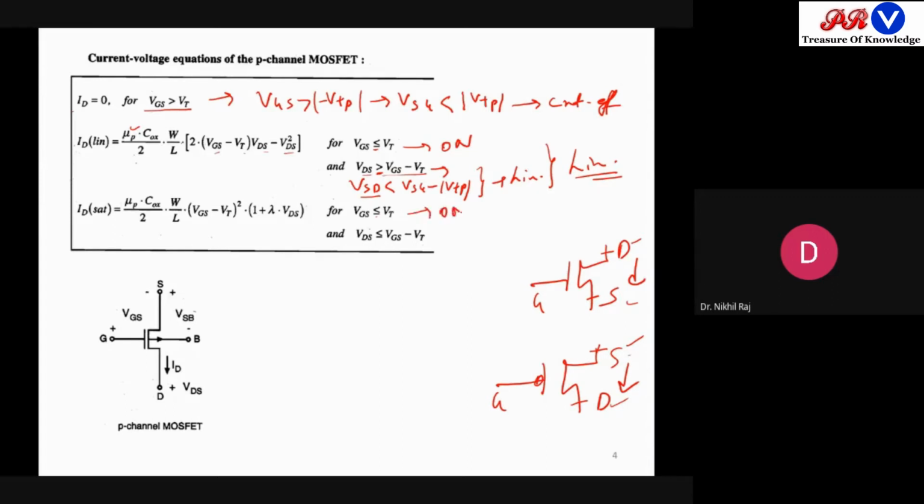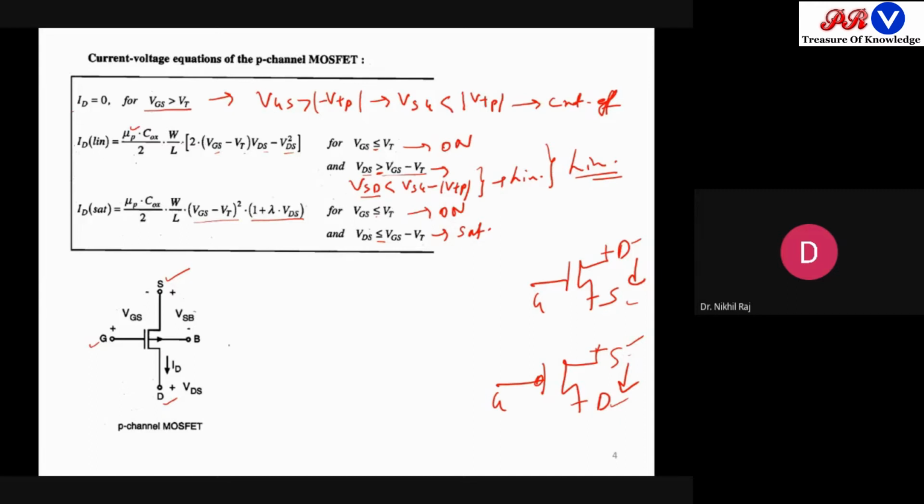Similarly, in this case it is an on condition, and this will show you the saturation condition. Fine. So everywhere the sign is replaced, the inversion is there. Earlier it was greater, now it is smaller. According to that, the equation will be half mu p Cox W by L (VGS minus VTH) squared, and this lambda VDS will come whenever there is a lambda factor. And as I said, the drain is nothing but your source, and the source is nothing but your drain, and the gate remains in the same place.